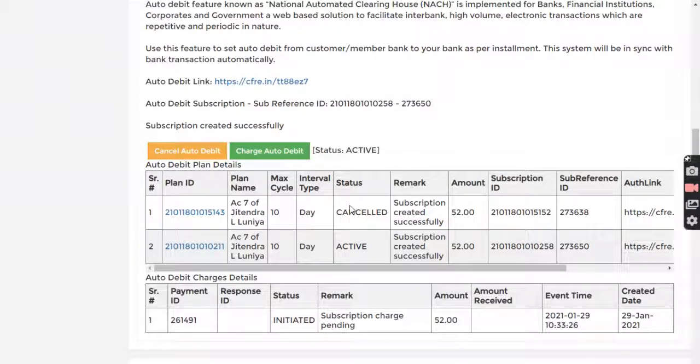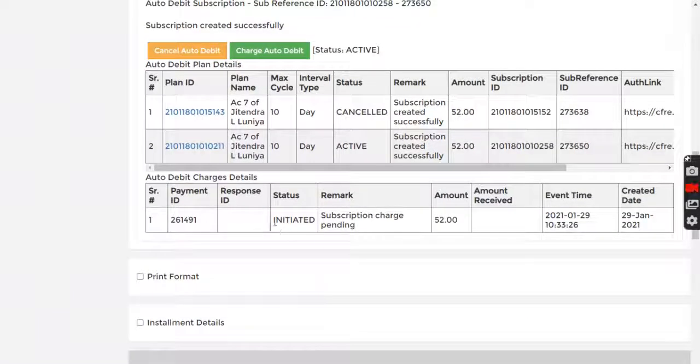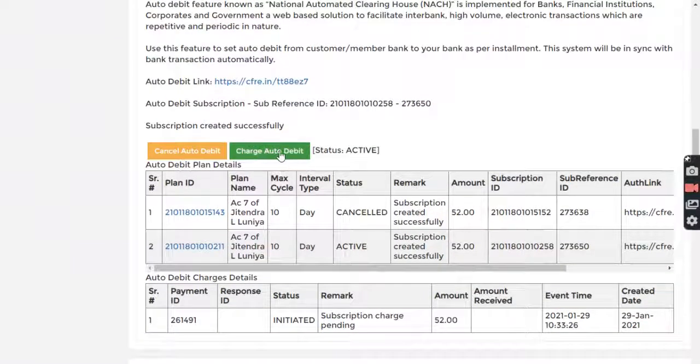One important thing here: let's say because of insufficient funds this transaction failed. You have the flexibility to charge auto debit. It means you can also trigger the auto debit on your own, and with one click you can transfer the amount from your borrower's account to your account.